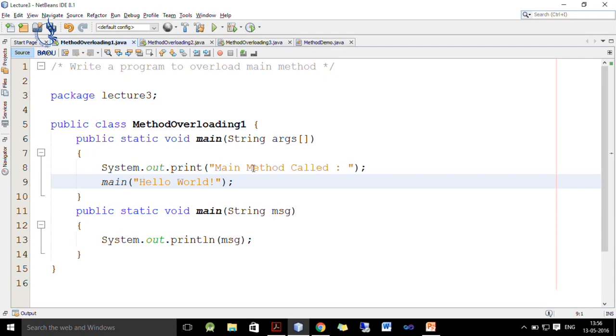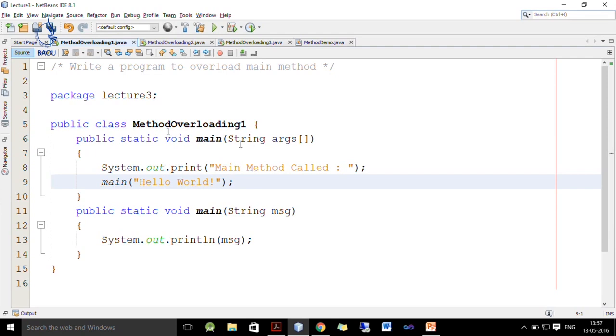So, now you already know how to add a class in your program. Here I have written 3 different programs to demonstrate various aspects of method overloading. The first example takes main as an overloaded method.